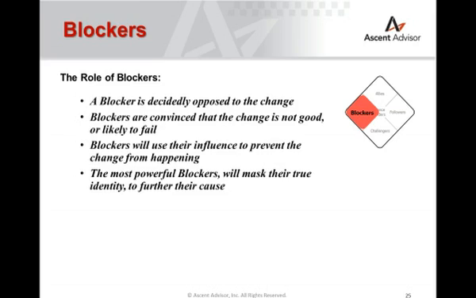So how to engage blockers? Recognize and identify active or potential blockers without overtly calling them blockers. We want to avoid labeling people. The point with all these roles is to understand their influence and level of commitment